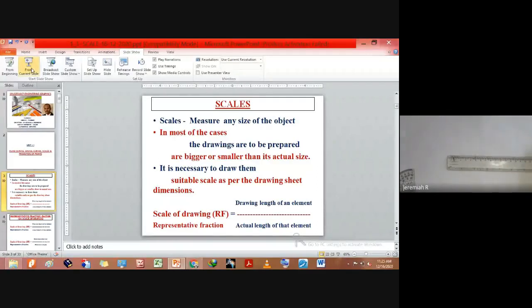Like that, I want to represent a kilometer in a scale. I want to bring a small scale like that. One side kilometer, and one more side some other unit. But I want to bring a small scale. Why I'm making the small scale is, for example, I want to draw some road map, maybe for 50 kilometers. But I want to bring it into a drawing sheet with a reducing scale.